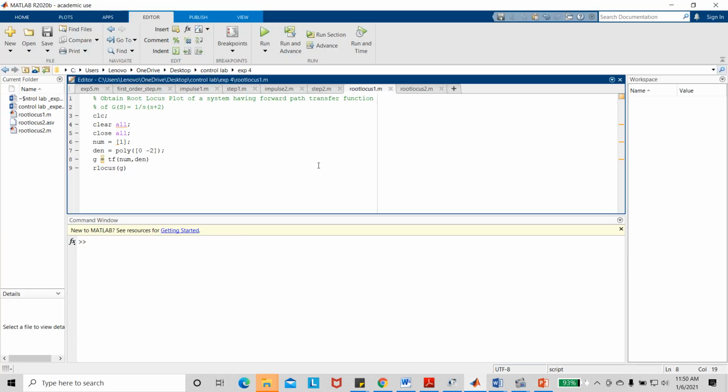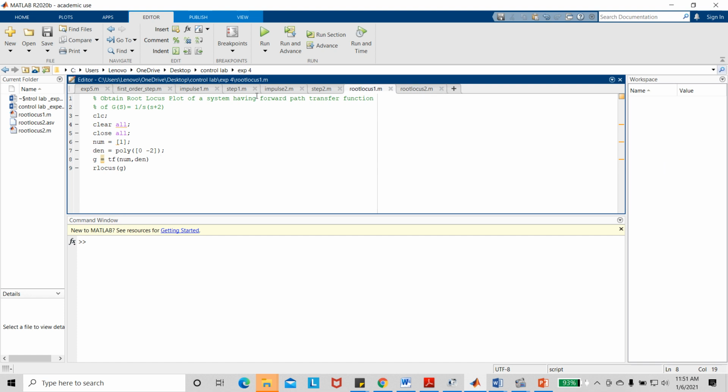This is MATLAB. In the editor window, we have to write a code for the root locus plot of the forward path transfer function G(s) = 1/(s+2). Before writing the code, we use clc, clear all and close all. clc is used to clear all the previous text from the command window. Clear all is used to delete the variables created in the workspace, and